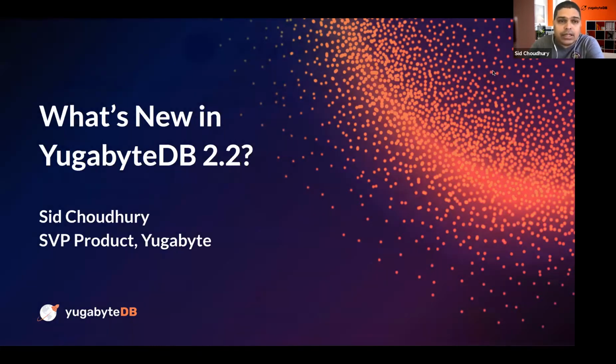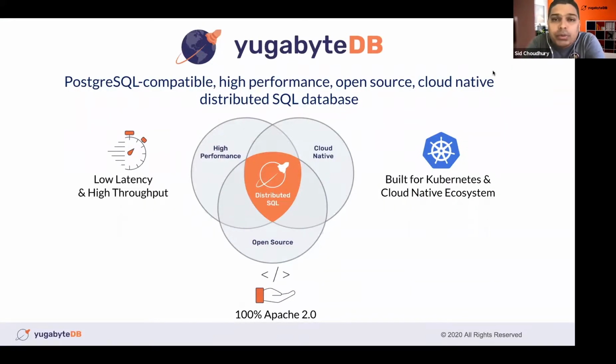So let's dive in. I know some of you may be new to YugabyteDB, so just a quick introduction to what YugabyteDB is. It's Postgres compatible, so the language that you use from your applications, from your migration tools, from your data visualization tools to speak to the database is essentially the Postgres wire language, right? And it's also syntax compatible with Postgres. So the DDL and DML that you send to the database are Postgres syntax.